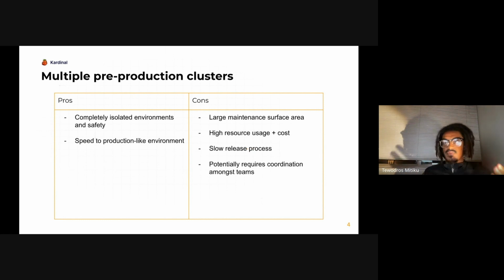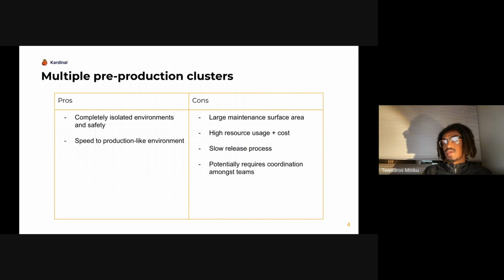Well, again, it depends on if you have shared environments, but generally by separating it out into different clusters, you can get a very isolated environment to test your changes. But what are some cons of this approach? Well, first, and again, it depends on the amount of pre-production clusters you have. I know at Edgy, we've seen teams using 3 to almost 9, depending on their setup, from just different product and research interviews that we've talked with.